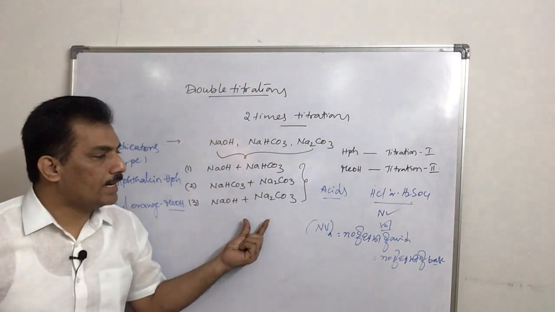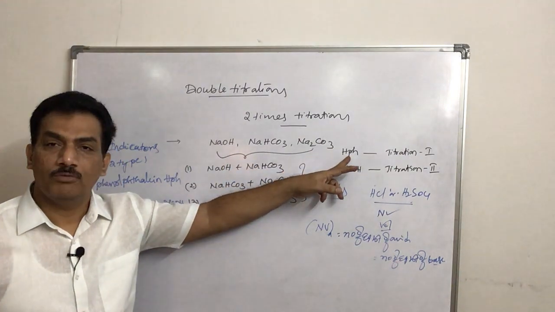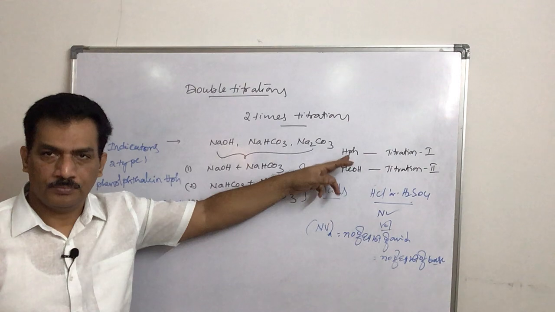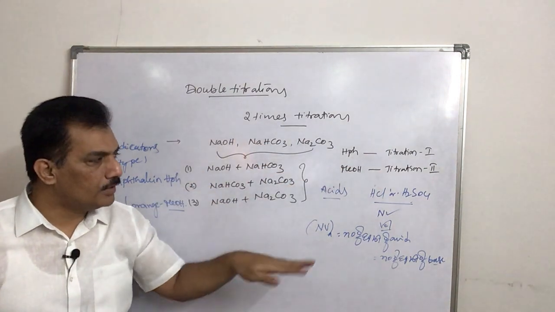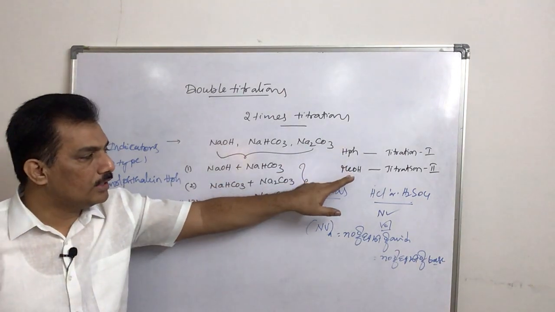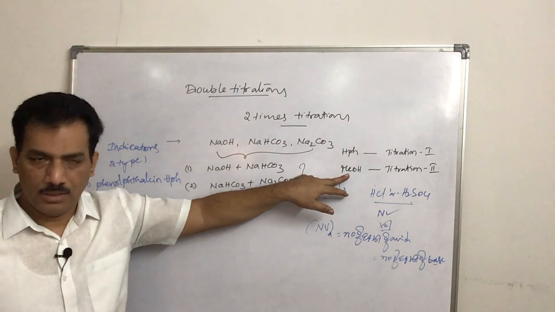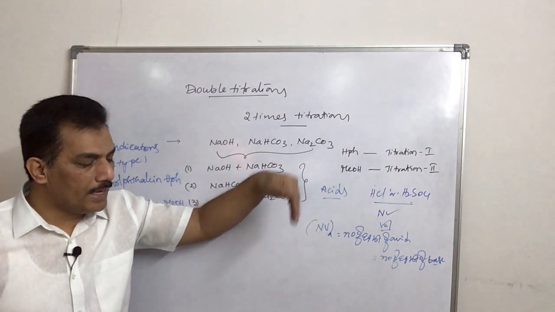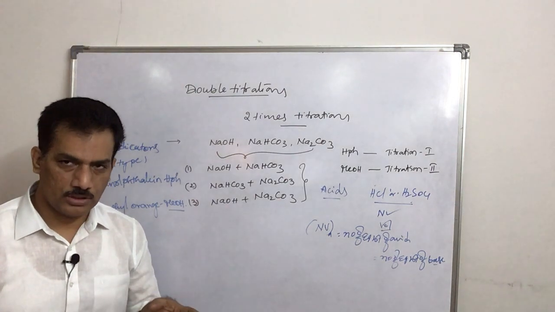And in this titration, first we are doing the titration by using phenolphthalein as the indicator, and then for the same mixture solution, in continuation, after the first titration comes to an end, we are adding methyl orange as the indicator. Next, after adding methyl orange, again the titration is continued for the same solution.